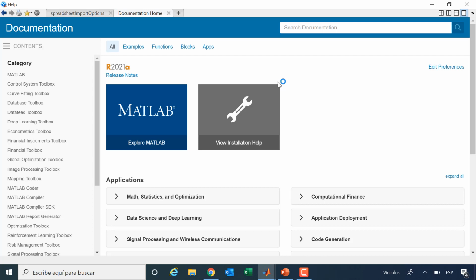So we were going to go into the documentation to see the different options.